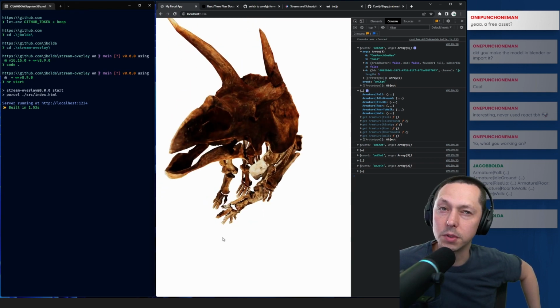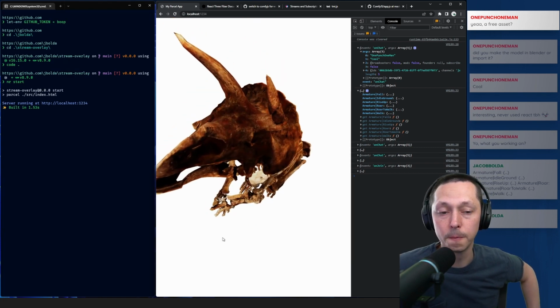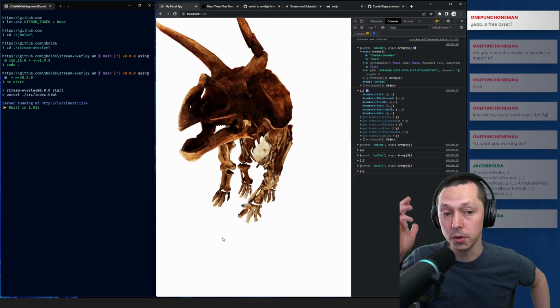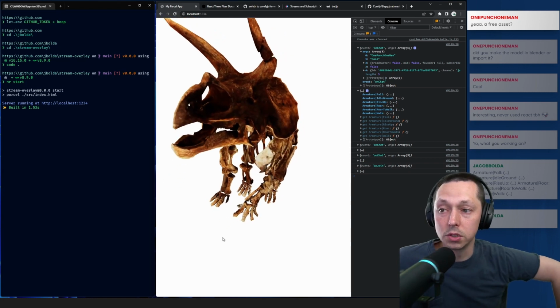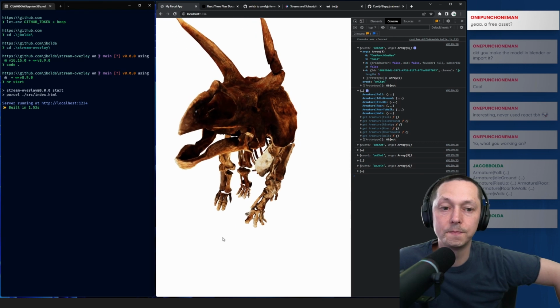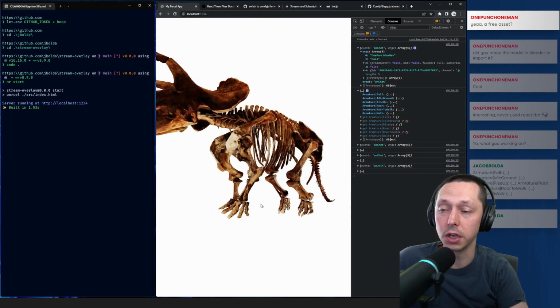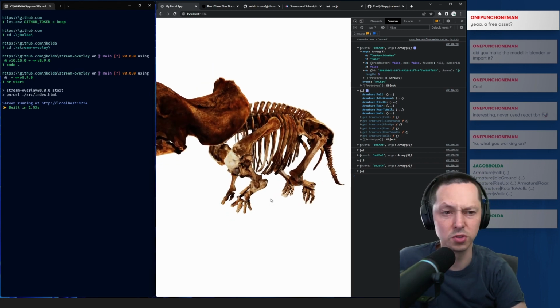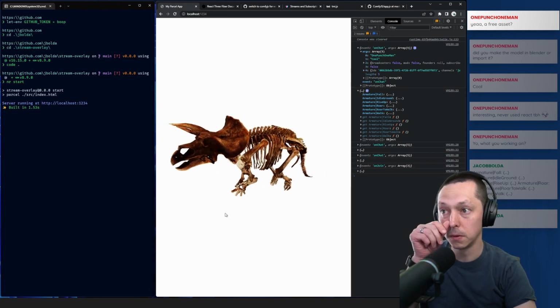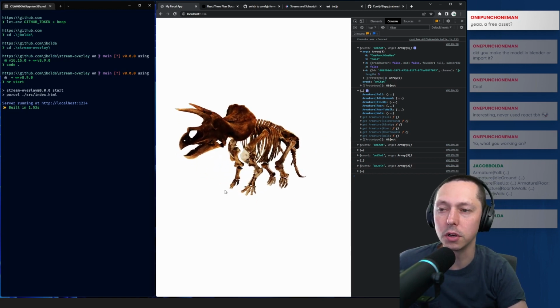I can't remember what website I got it off of, but this is actually a model created by the Smithsonian Museum. That's public domain, and then somebody else took it and added the animations on top of it and released it with the same license. So yeah, this is actually one of their scans from the Smithsonian Museum. I presume in Washington D.C. It's pretty sweet. It's really cool that they've been starting to do that.